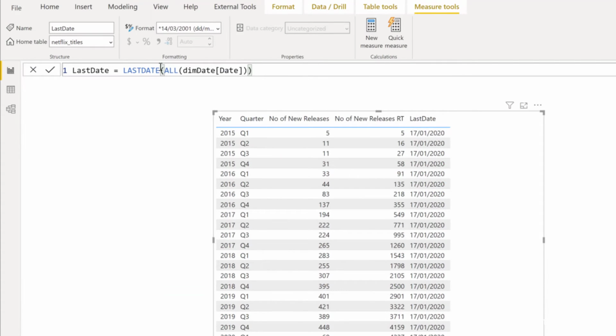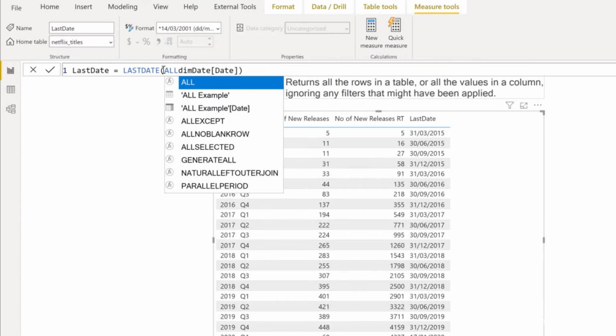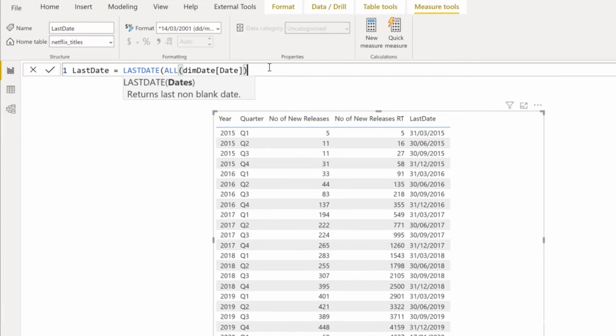So I hope that this formula makes sense, why we need this ALL function. Because if I don't have this ALL function and I leave it like this, it always gives me the last date of the current filter context. So that's why we need this ALL function in there. Now that we know how to figure out the last date in our data set, we can continue